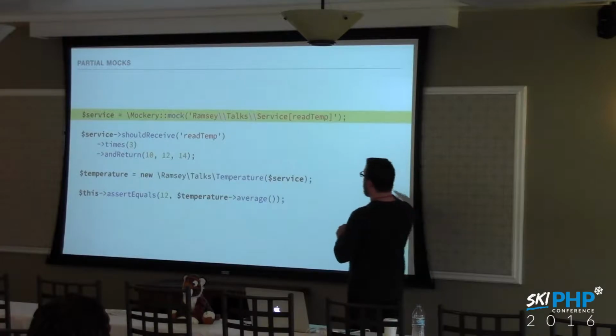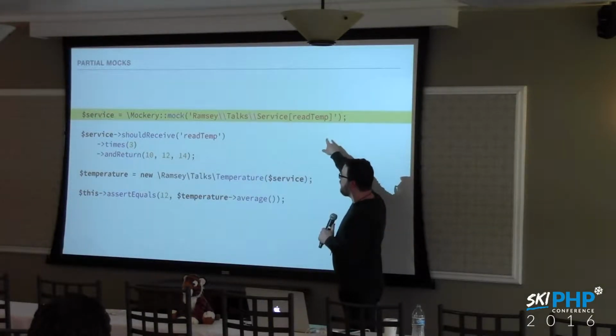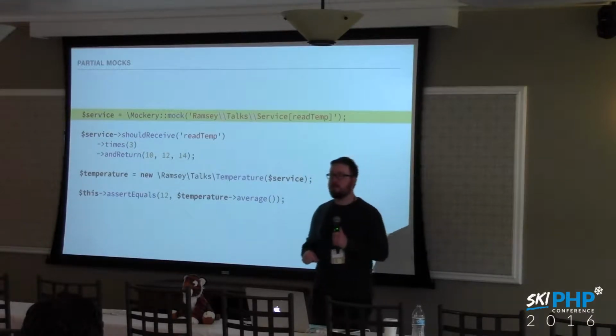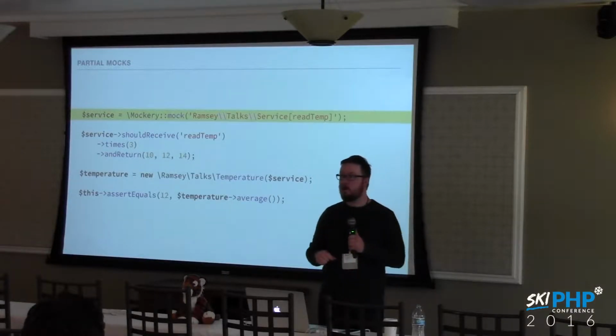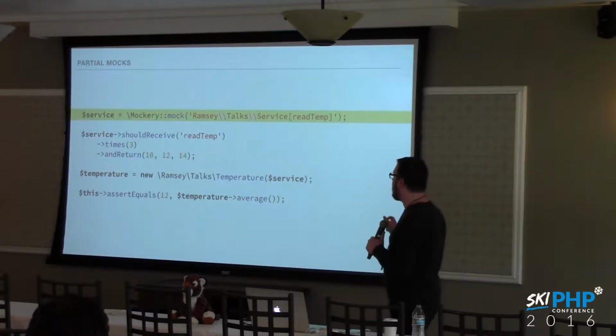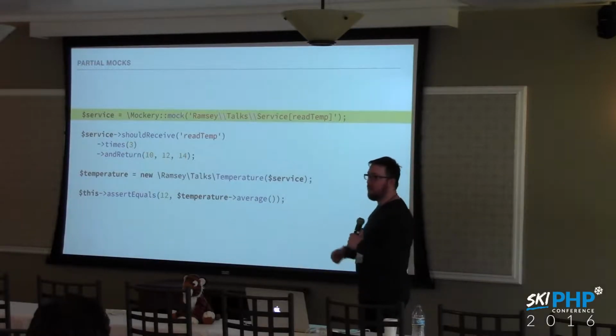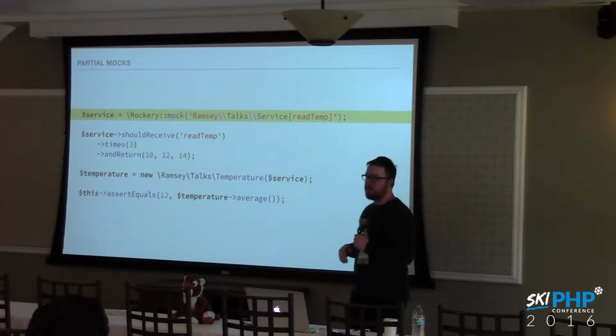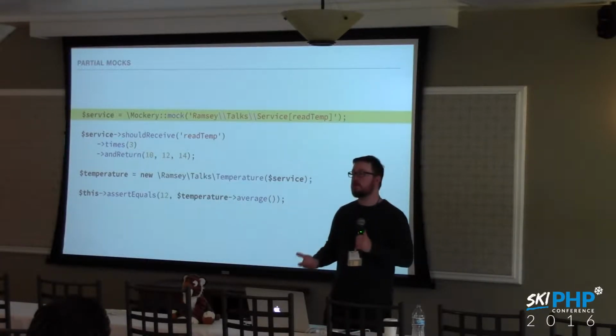In this case, we can specify when we're setting up our mock, here's our fully qualified name to the class, and then in square brackets, we're going to say readTemp. That's the method we want to mock. We can also specify other methods as a comma separated list between those square brackets. So if there's other methods on it, we can just say readTemp, otherMethod, and so forth. And then we would continue our mocking just the same way we did before with the shouldReceive statements. We can also pass the array to it as the second parameter with those methods as well.